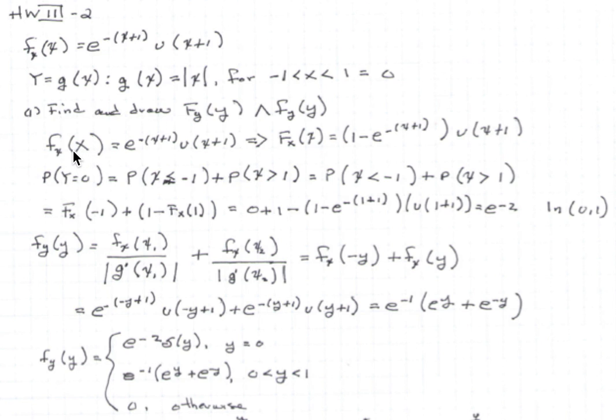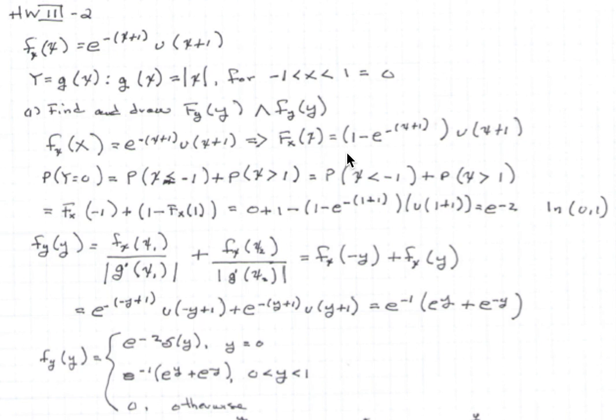We basically start out by restating the density equation that was given, where e to the minus x plus 1, u of x plus 1, implies that its distribution function is the quantity 1 minus e to the minus x plus 1 times u of x plus 1. Okay, given that